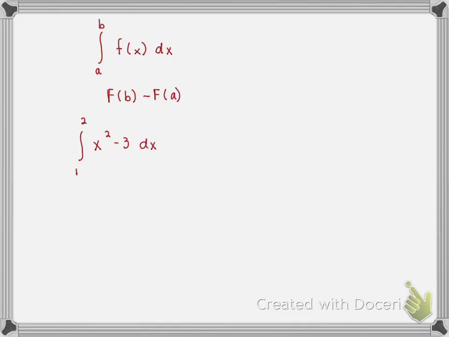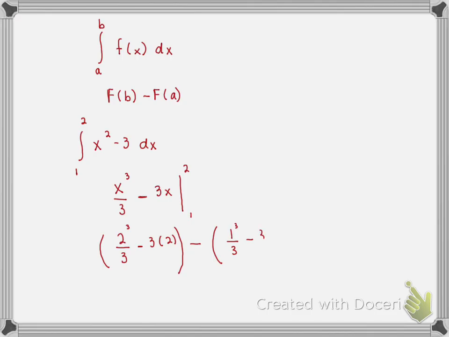So example 1, we've got from 1 to 2, and we are integrating x squared minus 3 with respect to x, okay? So the antiderivative of x squared, remember, you're adding 1 to the power and making that same sum the denominator. So the antiderivative of x squared is x cubed over 3, and the antiderivative of 3 is 3x, and we are evaluating that from a low value of 1 to a high value of 2. So what this will look like, and you can enter into your calculator by using your second enter thing, okay? It'll be that evaluation minus